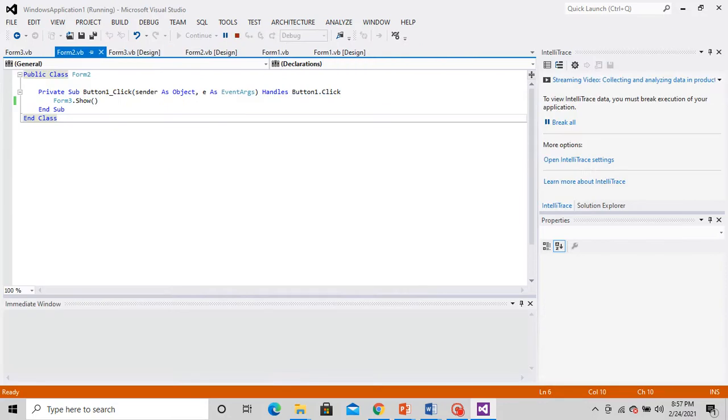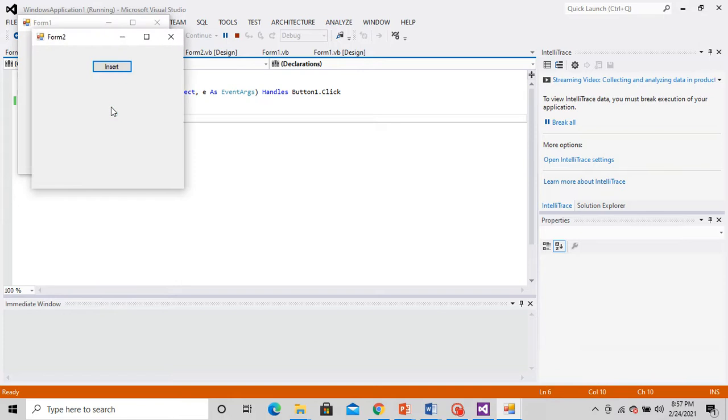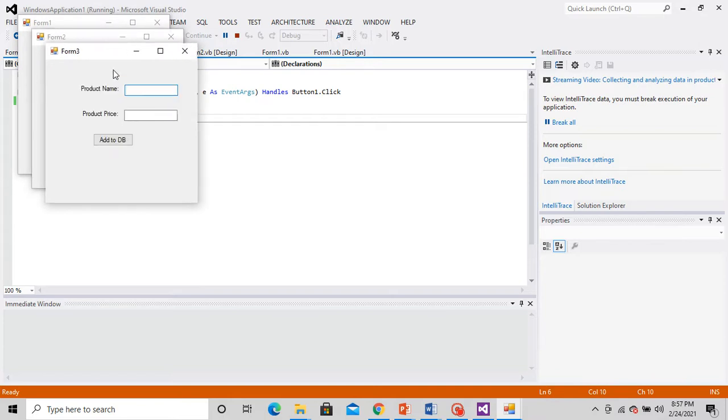So at first it will show the login page, right, where you need to type admin, then login. For the time being I only have the insert button. Click on that. It will ask for the product name and product price. Give any product name, some prod 11, any price, 12 suppose, then add to DB. Okay, it is showing inserted successfully. So students, it has been inserted.